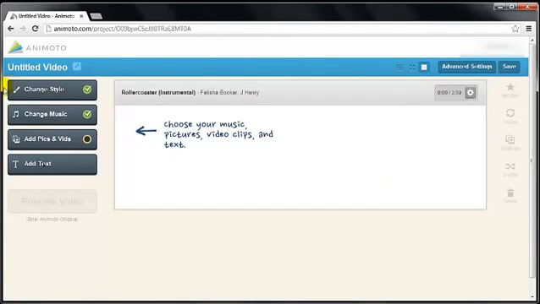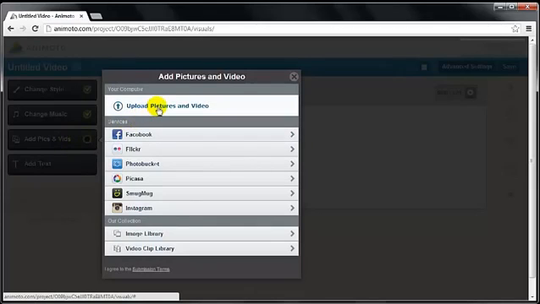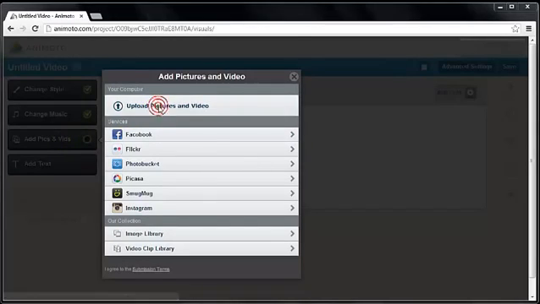okay, so let's say, for example, that I want to make a quick video as a realtor to show people how to sell a house and some specific strategies that somebody could use to sell a house. So what I would do here is go through the Animoto dashboard here, and you can change the style, you can change the music, you can add pics and videos, but the videos can only be, I believe, 6 seconds long, so you could do video clips if you wanted to. But if you add pics and you click on upload pictures and video,